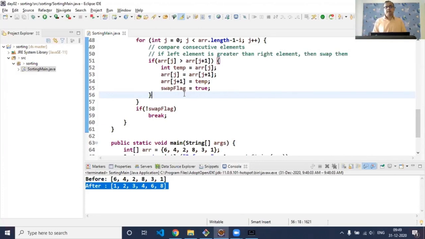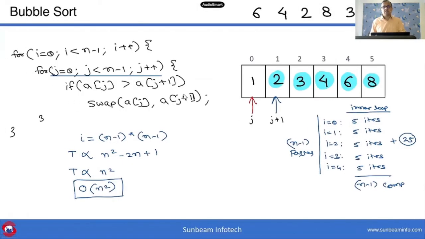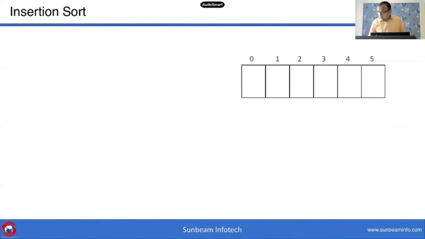If this is clear, now we should go ahead and start discussing something called insertion sort. So should we move on to insertion sort? Anywhere that you find that things are going a bit fast,